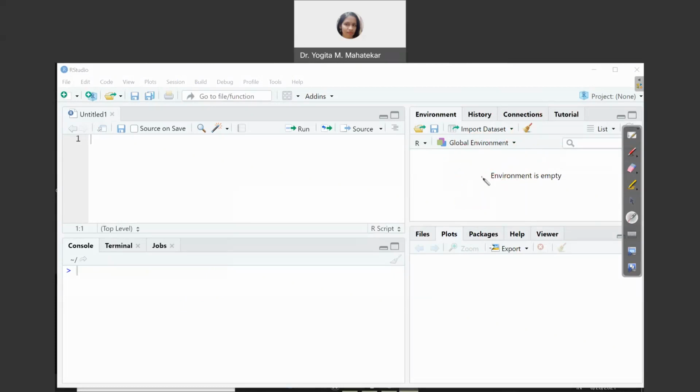The workspace window, the upper right corner window, stores all variables. And the right bottom window, also called the files and plot window, keeps working directories and shows graphics. So this is how RStudio is divided into 4 different windows.